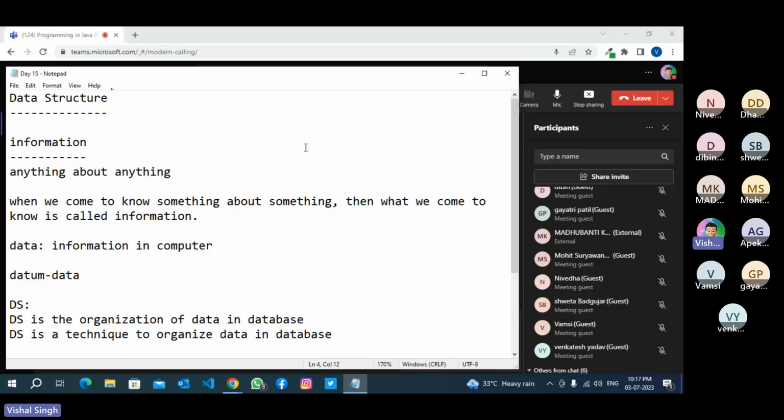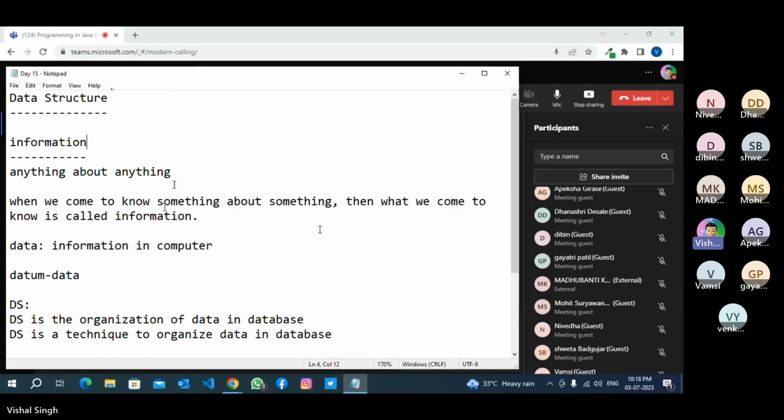I'll show you the important classes which we'll be working with, because there are n number of classes, but we don't have to work with all of them. We will work with a few very important classes, and we can use them to solve almost every type of problem.